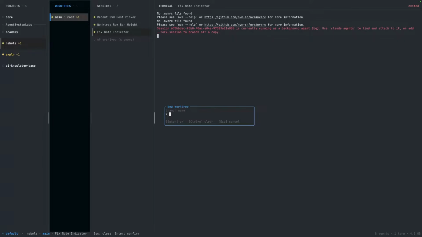Give me 1 second. Oh, this needs to actually be like a branch name. So fixing